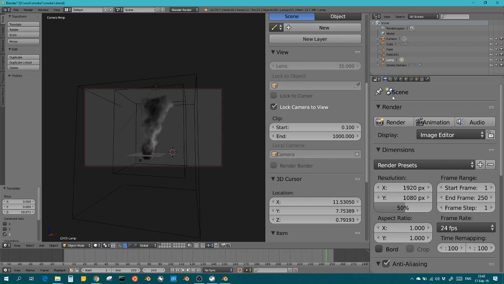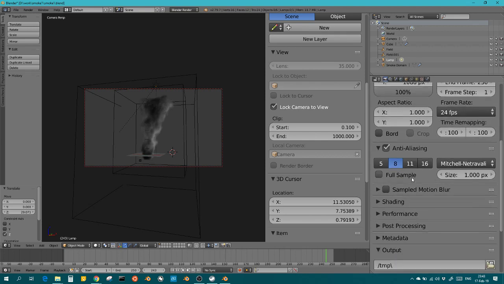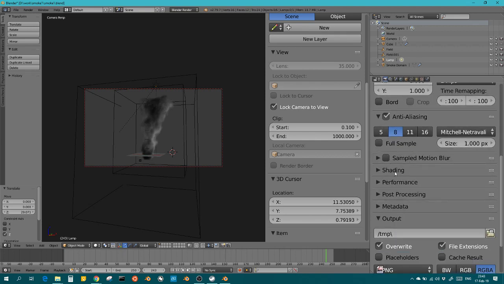And go back to the first tab, the render tab, where you see the camera here. You set the resolution to whatever, 100%, and if you're using Blender Render, which I recommend right now,